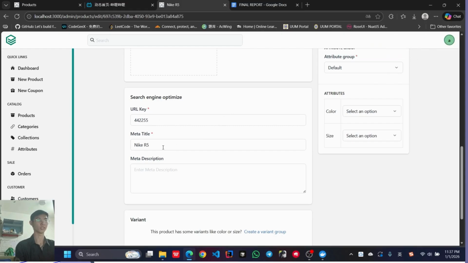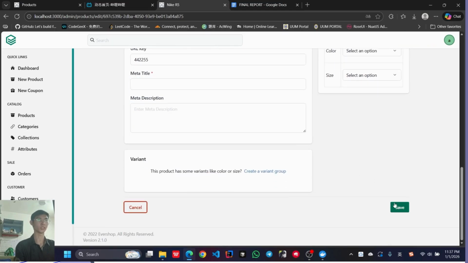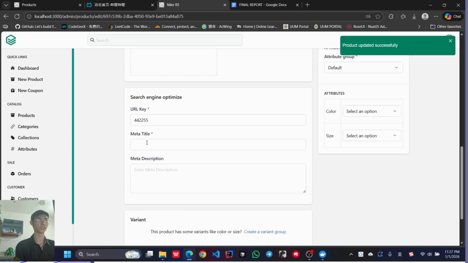So the next is the mender title. So click the space and click the save. So this test case for the mender title with the invalid data also is failed because it accepts the space